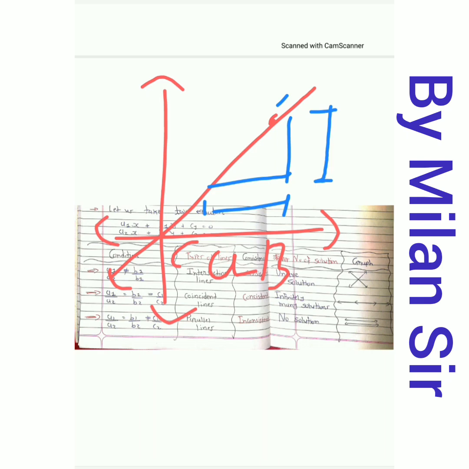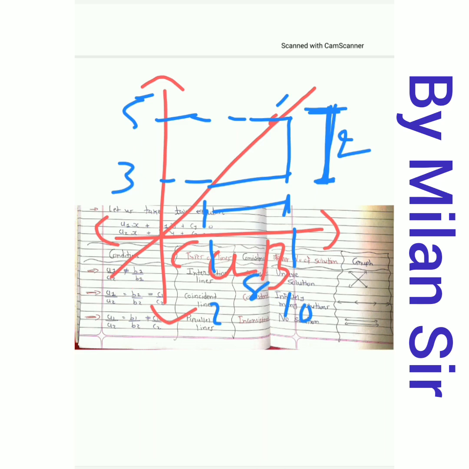Okay, how can you find this side? It is the difference of the y-axis, right? This point has the value 5, and if this point has the value 3, then this is 2, right? 5 minus 3. Same thing, if here is 10 and here 2 is present, then 10 minus 2 is 8. So you can find the slope.